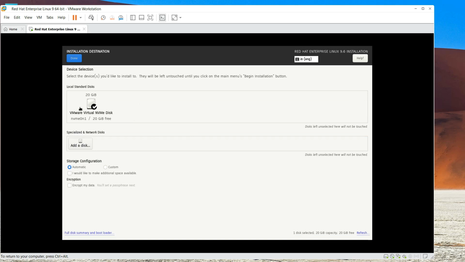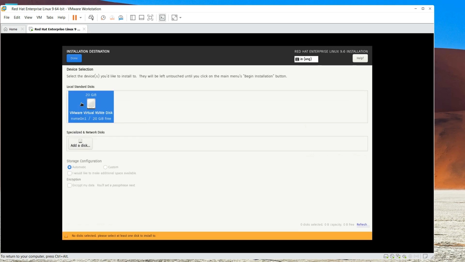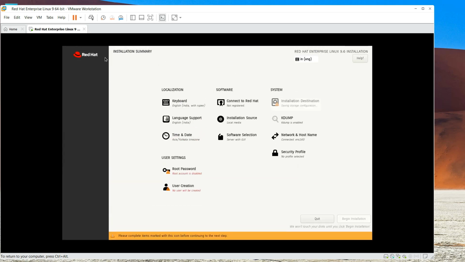Now here we need to select the 20 GB disk that we had created while creating the virtual machine. When I click the first time, you can see a blue background, and now we have to click a second time, and after I clicked the second time, the blue background with a tick mark has come up. That means our disk has been selected, and we are going to keep the rest aside as it is. So click on done,